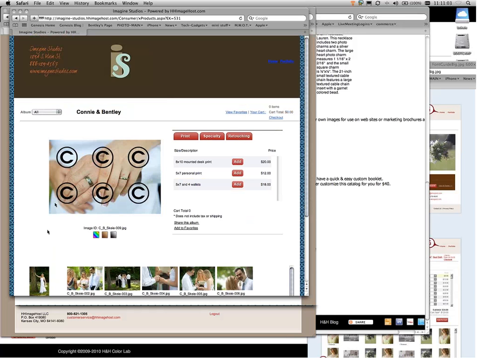Now we're on this, and we'll notice up here on specialty, well, before I go there, we can see this image in color. We can preview it as a sepia. We can also preview it as a black and white. And those options can be disabled on the price list if you don't want to. If you say, I only want to sell black and white, or I only want to sell color, you can do that. Here we see our print options, and this shows us the different sizes that we have available and